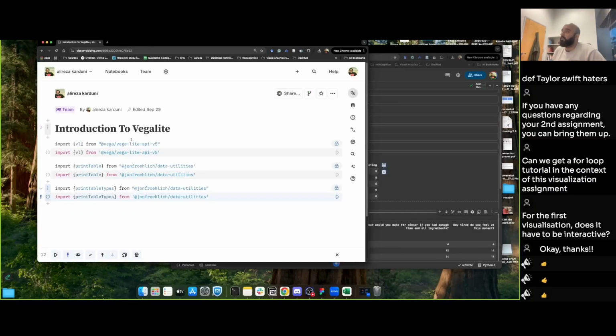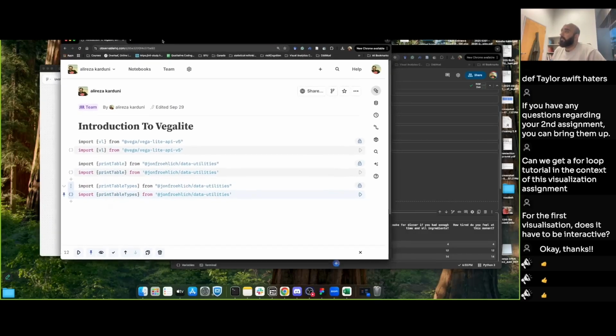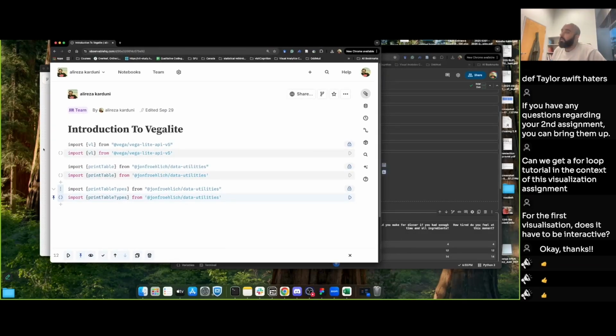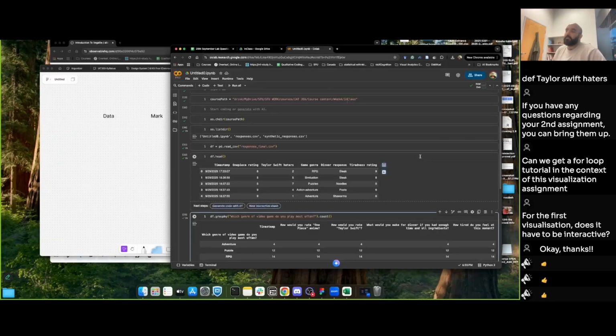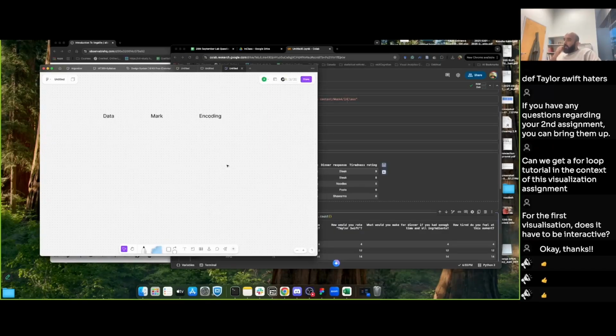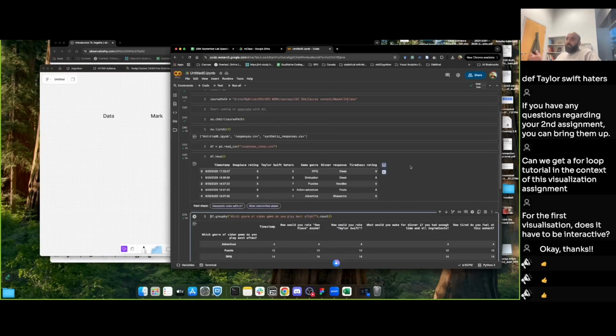We've asked you to sign up, create accounts. So please do that, and I will walk you through creating Vega-Lite visualizations using the data sets that are in here, and then you'll see the assignments will have a similar flavor, but you will use Vega-Lite to do your